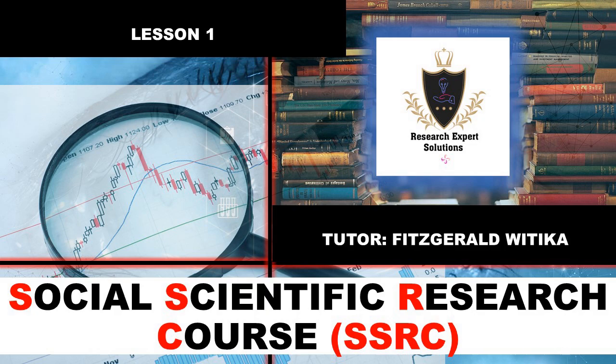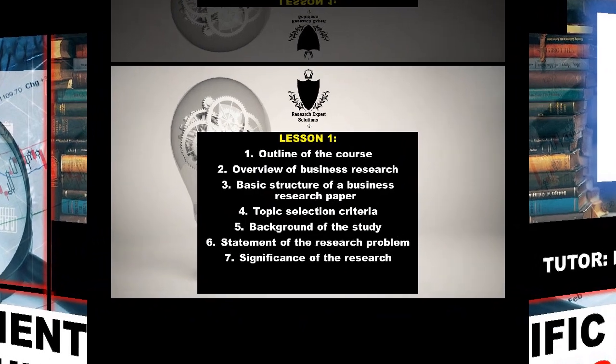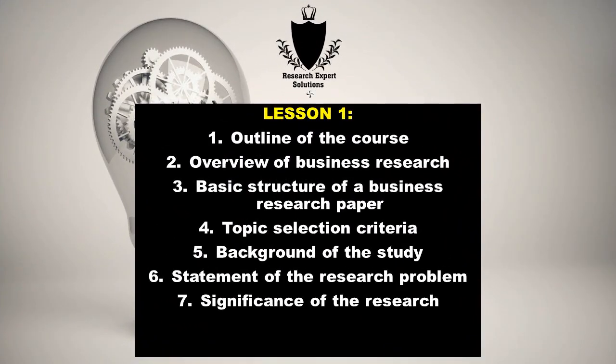All right, so we can move on to the first slide. The first slide here just talks about the discussions that we're going to have in this particular lesson. The first thing that you see, obviously, is the outline of the course, and the second part is basically an overview of business research, and the third part we talk about the structure of a business research paper, and we talk about topic selection criteria, background of the study, statement of the research problem, and significance of the